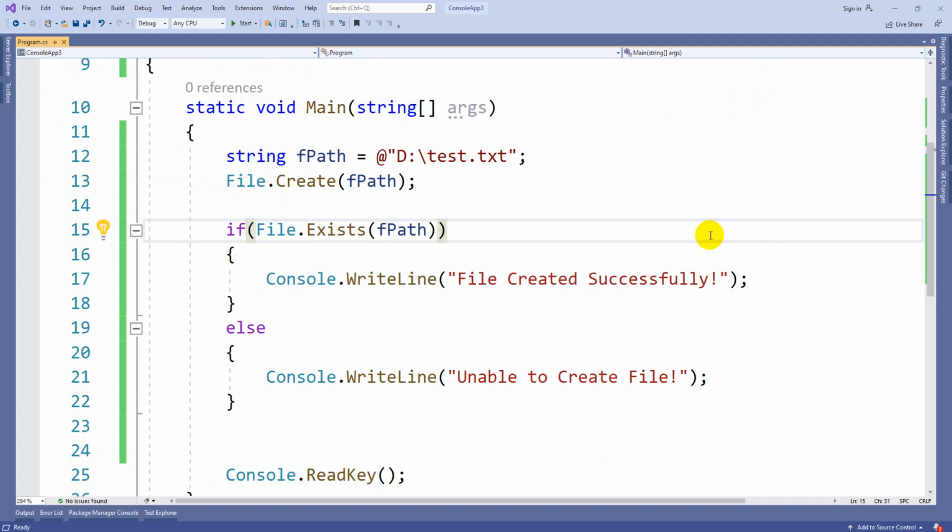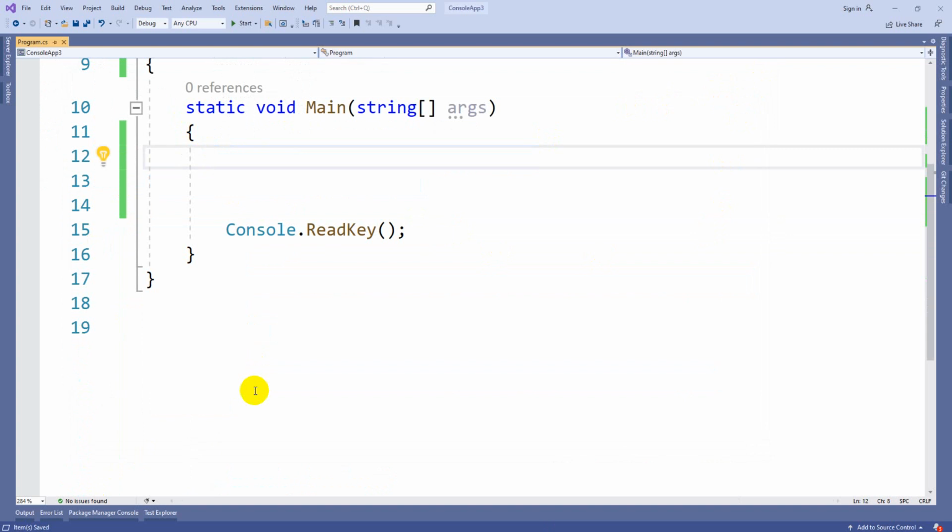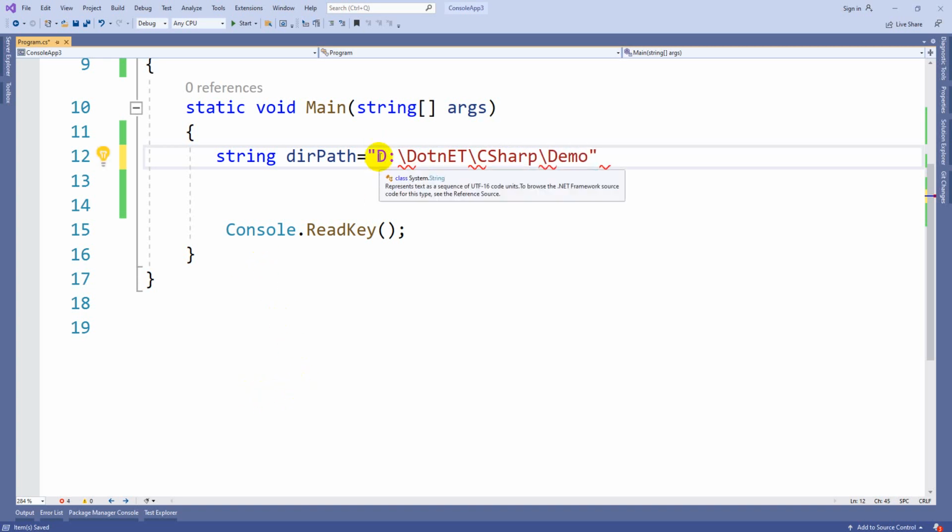Now the next topic, how to create a folder, a directory. Again, string directory path is equal to, in D drive I just want to create a folder called .NET, then C#, then with the name demo, something like this. As I said, there should be double slashes, otherwise you will get an error like this.